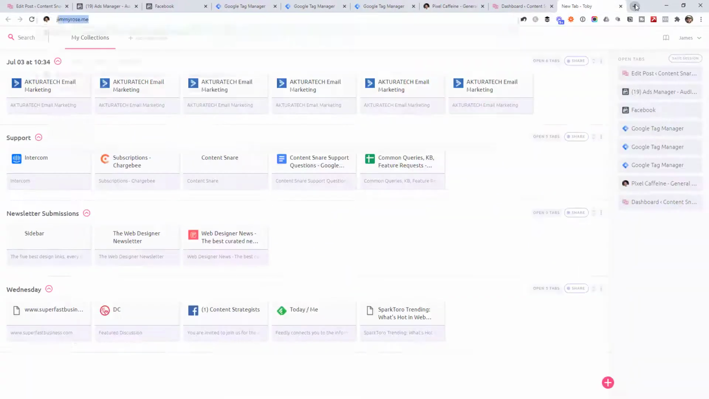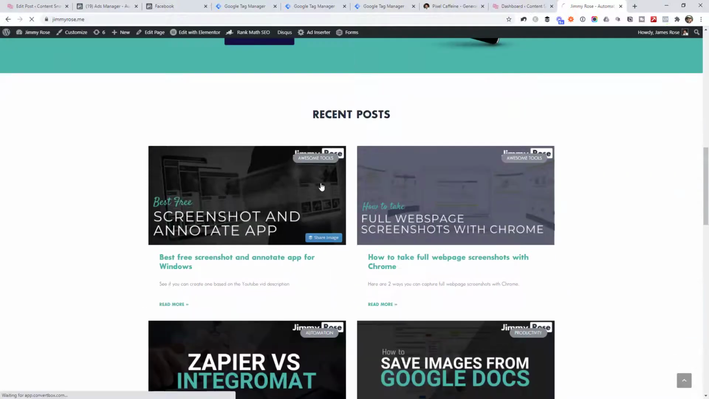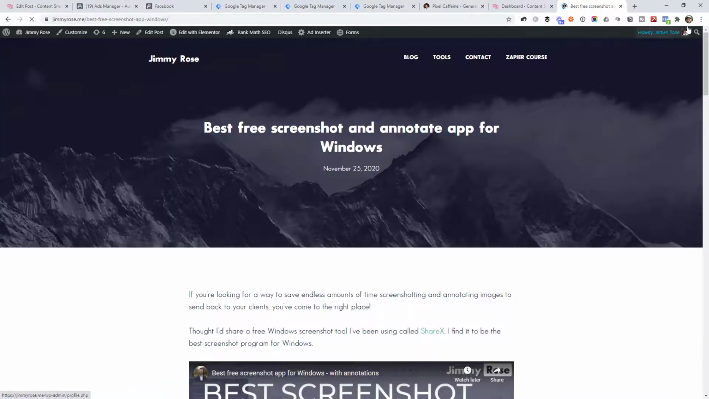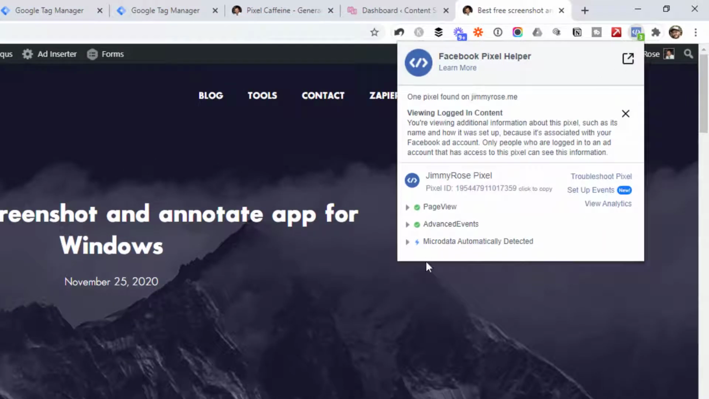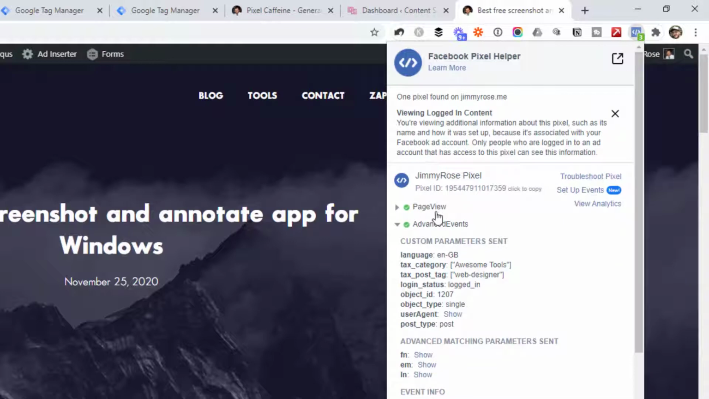So if I go over to my website and open up a blog post, you can see this is highlighted now because it can detect the Facebook pixel. Open that guy up, and you can see it's added an event here called Advanced Events. By default, the Facebook pixel is tracking page views. If you open up the advanced events one, this is automatically added by that advanced tracking section in Pixel